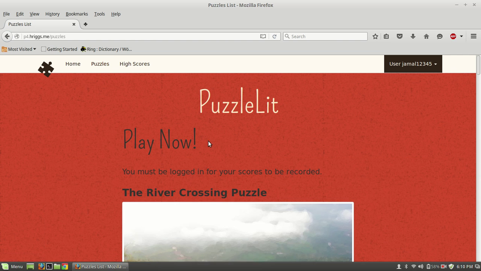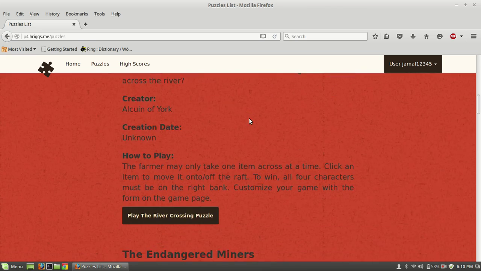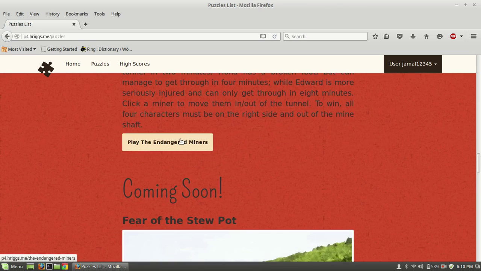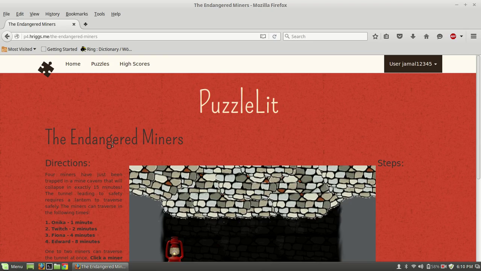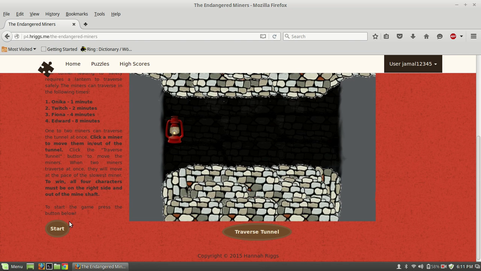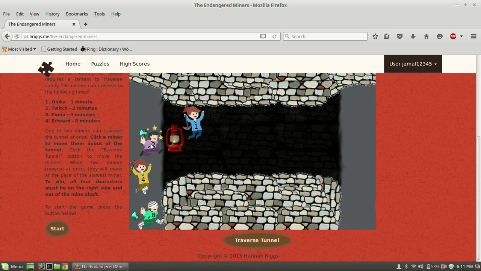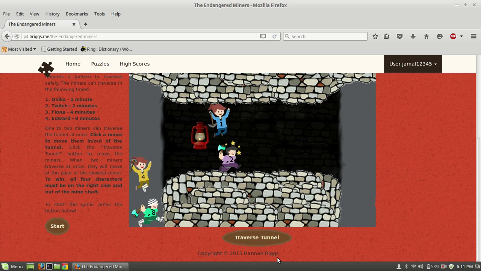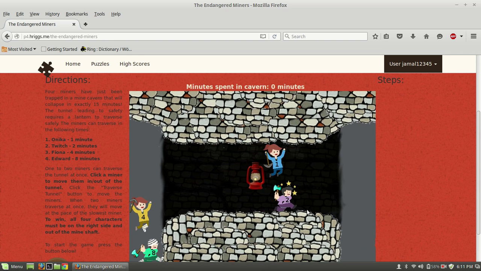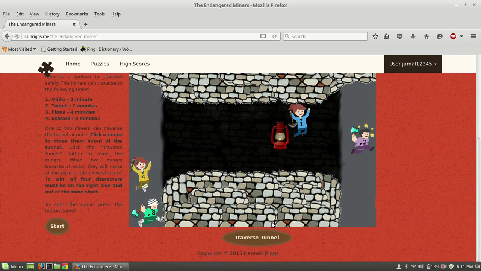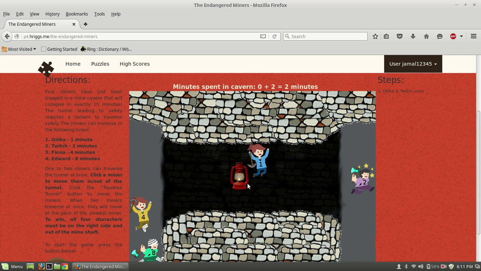Next, if I want to play another game, I can go to the puzzles page, which lists all the puzzles, and then I can click on a puzzle if I want to play it. So for the endangered miners puzzle, I click start. I move my characters onto the mine shaft and click traverse tunnel to have them move across. And as you can see, it's recording my steps on the right,